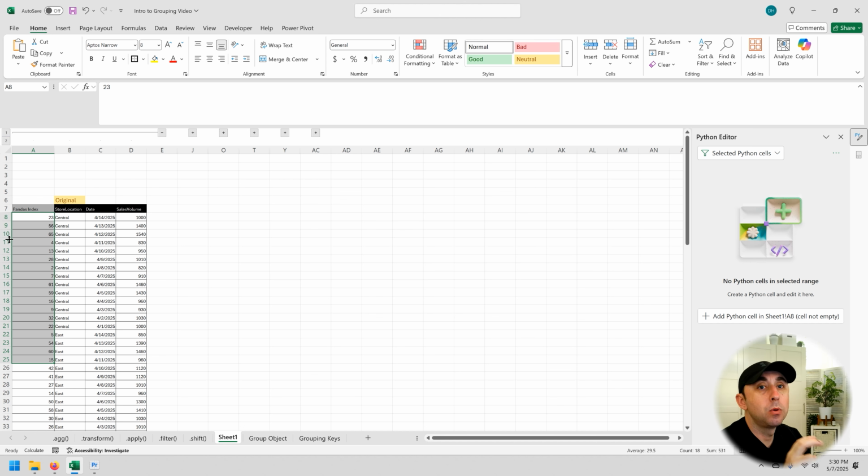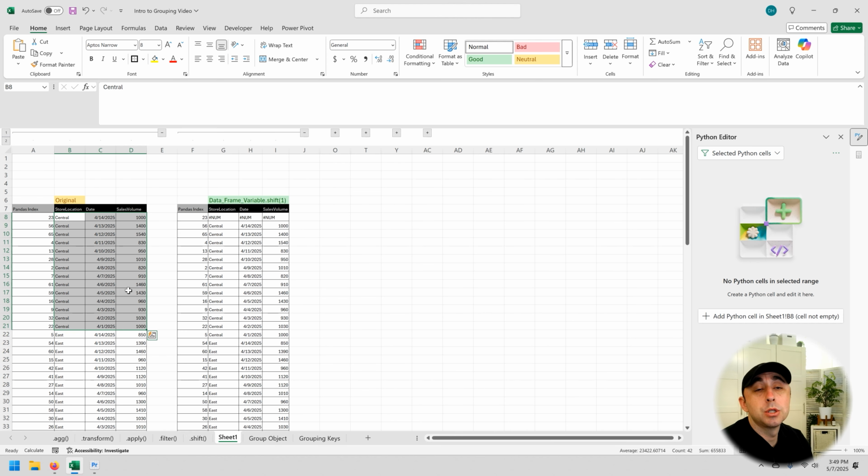It may or may not be in order, but every row in a data frame always has an index or like a row label. So what .shift does is it's going to shift all the data up or down the specified number of rows. So if you do a positive number, it will shift down whatever that number is, many rows. So if you did like shift 3 as the argument, it would shift down 3 rows like this. And then if you shifted -3, it would go up 1, 2, 3 rows like this, but it would